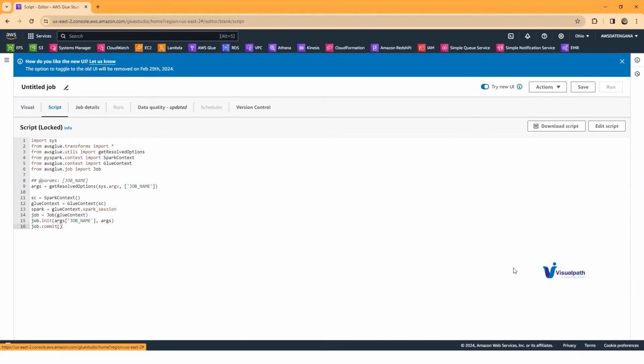Sir, this Glue is like processing an ETL job. Glue is an ETL tool, sir. Okay, that means it might be using a data warehouse to load the content. Glue is an ETL tool that will process the data in order to load the data into Redshift or something else. Yes. Okay, it will take Redshift to load the data.